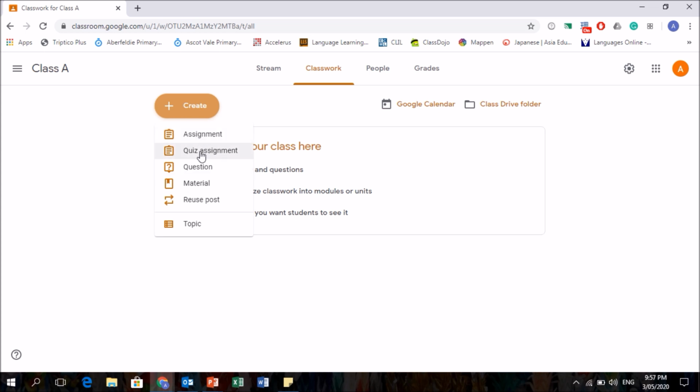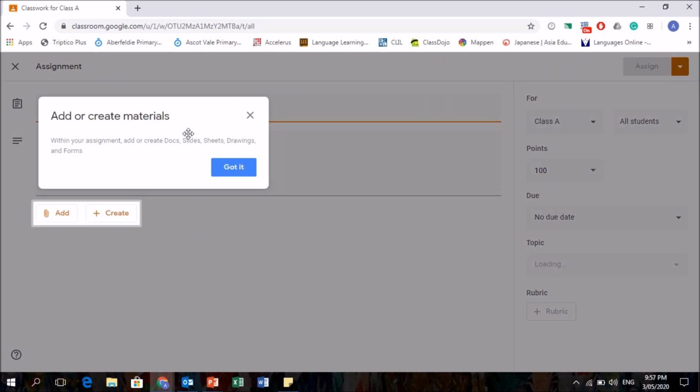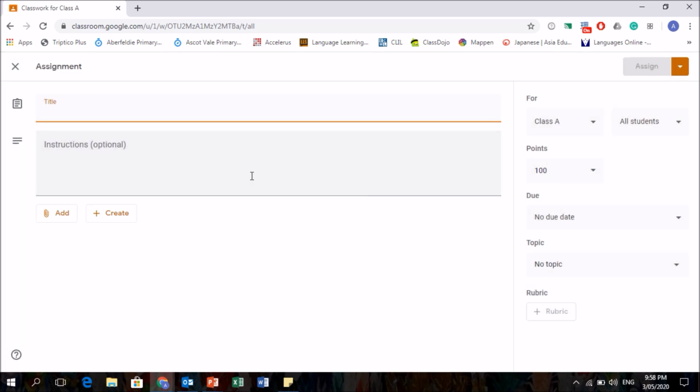There's assignment, quiz assignment, question, material, and reuse post. I usually use assignment or material and also reuse post. So I'm going to go with these 3. I'm going to assign a task for the kids to do. Usually in my assignments, I can also put my materials on there. Okay. Now, I'm going to give my title